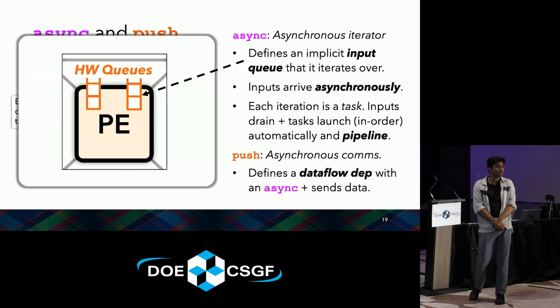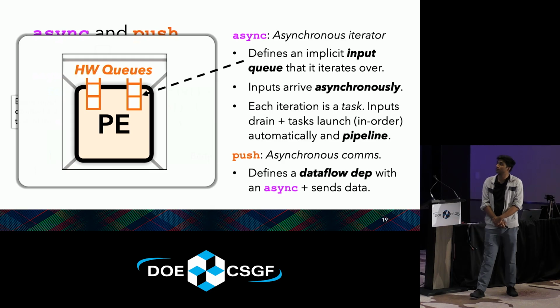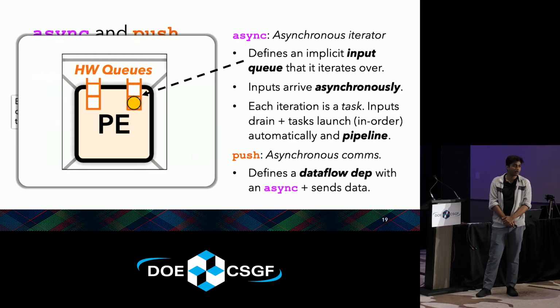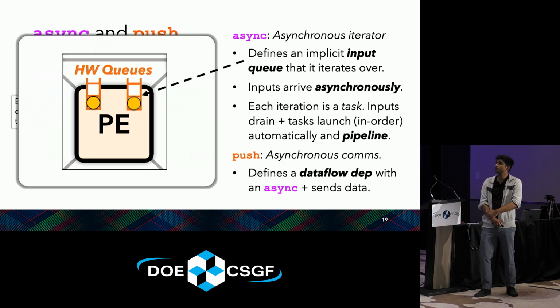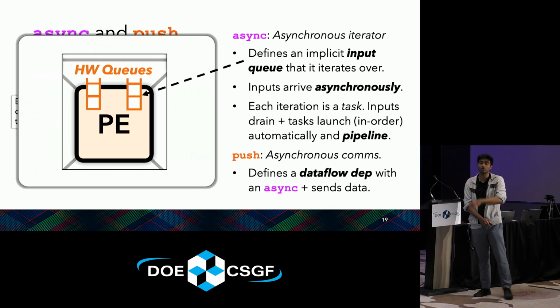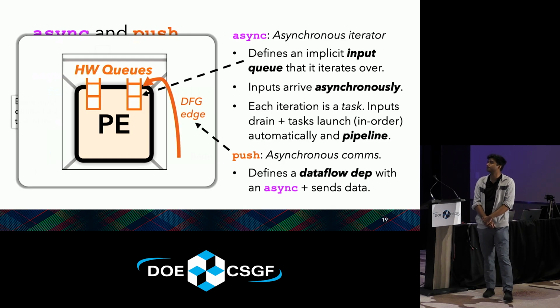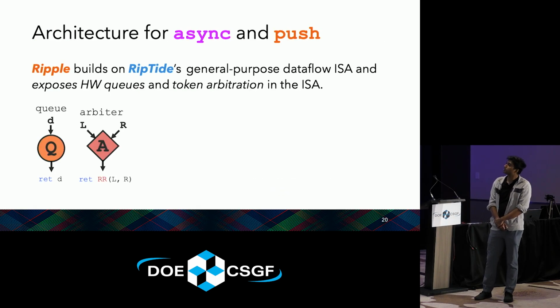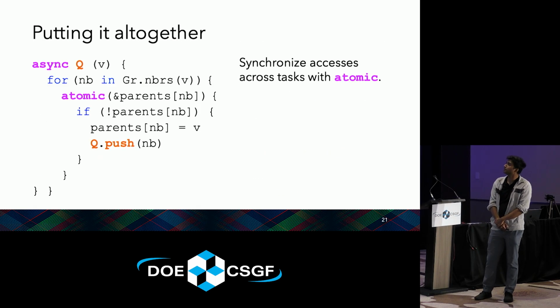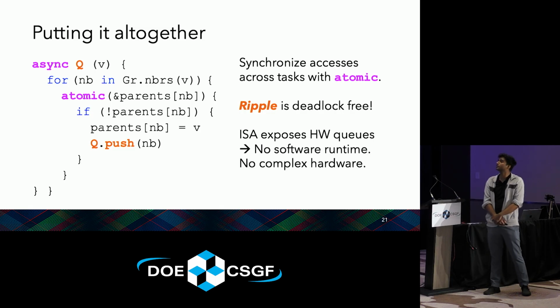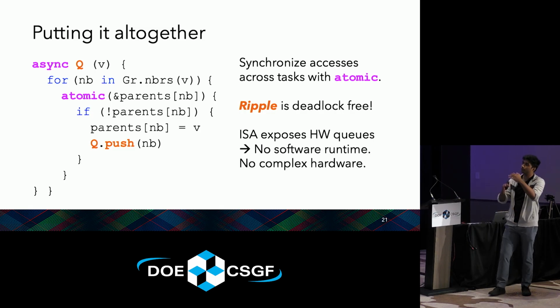And so this should look familiar because we have something like an async, where things are arriving asynchronously. And just like in a hardware queue that's managing a PE, things can fire immediately. And so this is modeling what the hardware queue is doing. Same thing for push, because that describes the communication. I'm going to skip over this in the interest of time. But the end goal here is that we have a full